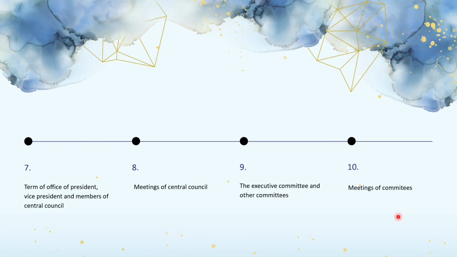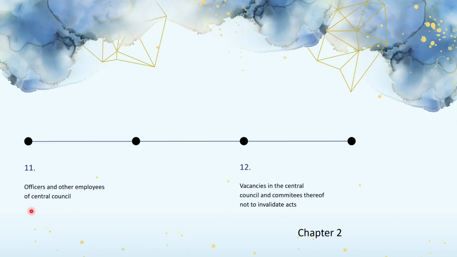The committees constituted under Section 9 shall meet at least twice in each year and at such time and place as may be appointed by the Central Council, unless otherwise prescribed. 1/3 of the total number of members of a committee shall form a quorum, and all acts shall be decided by a majority of the members present and voting. Here we go with the 11th point under chapter 2, that is the officers and other